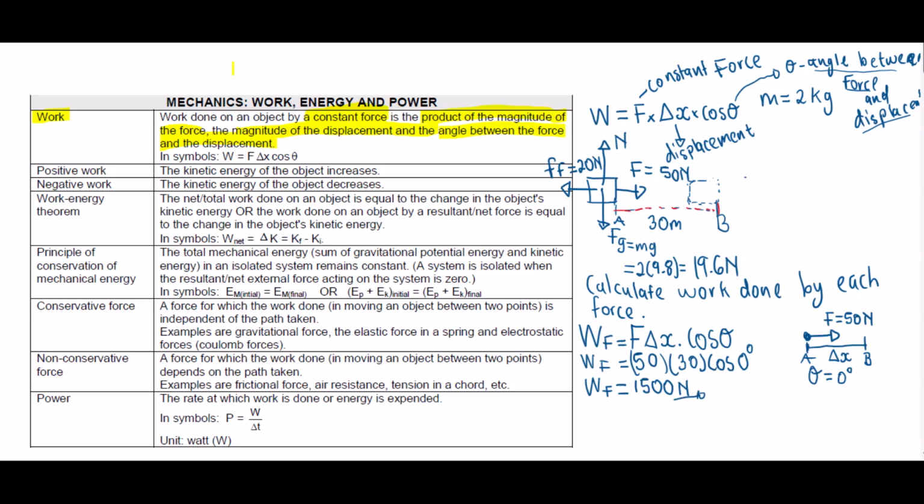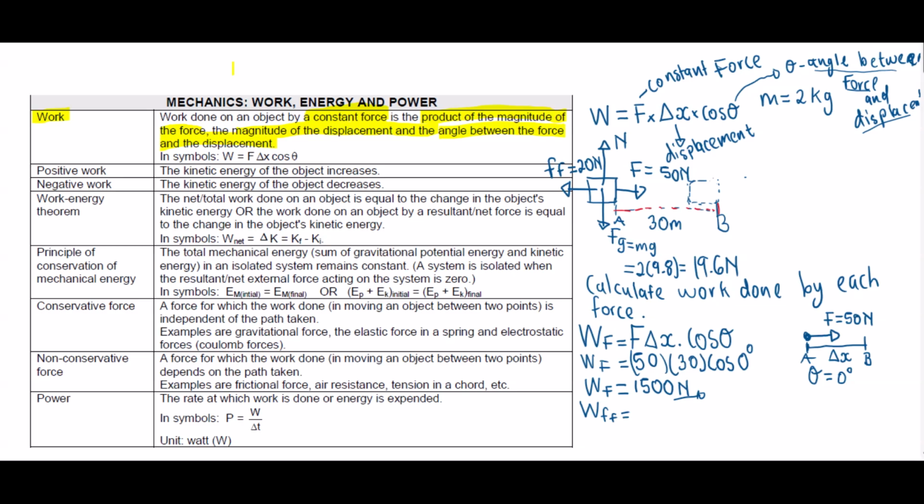And then now we can move on. This one here is the work done by the force F. So now we can calculate the work done by frictional force. So the work done by frictional force here is going to be the frictional force